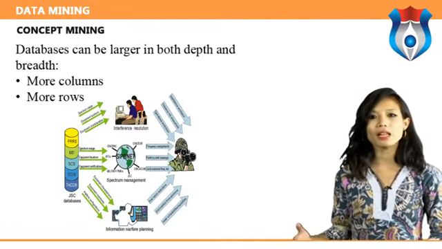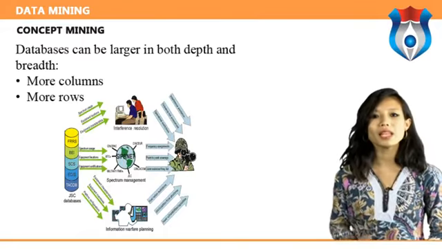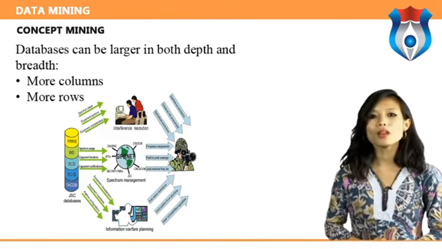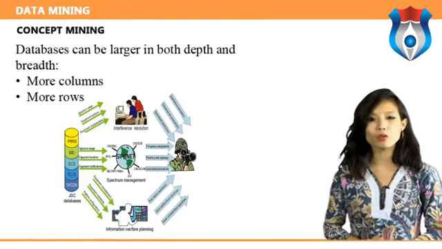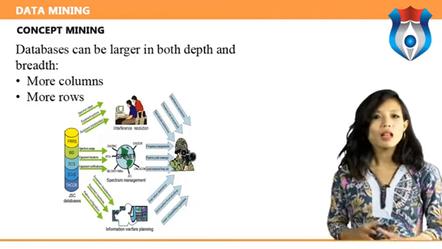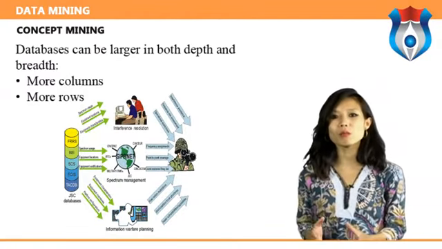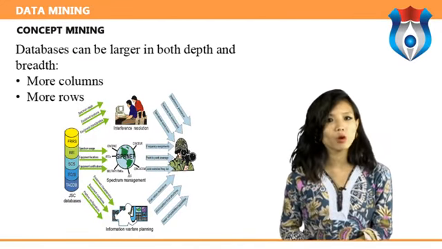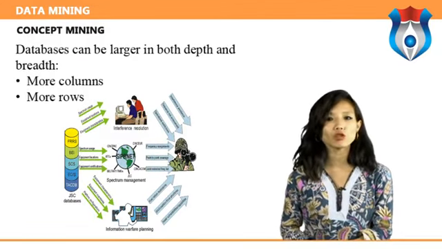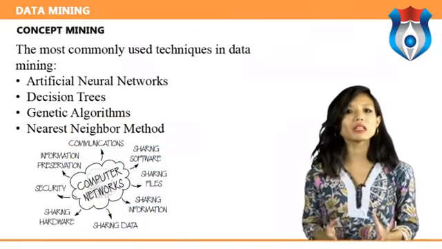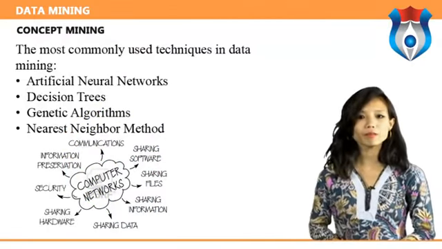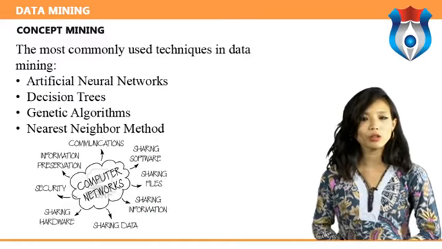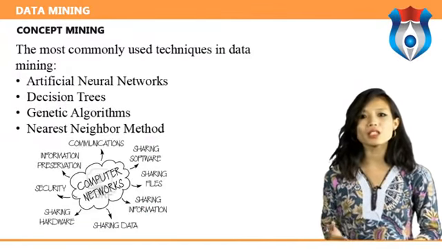High-performance data mining allows users to explore the full depth of a database without pre-selecting a subset of variables. More rows, meaning larger samples, yield lower estimation errors and variance and allow users to make inferences about small but important segments of a population. The most commonly used techniques in data mining are artificial neural networks, nonlinear predictive models that learn through training